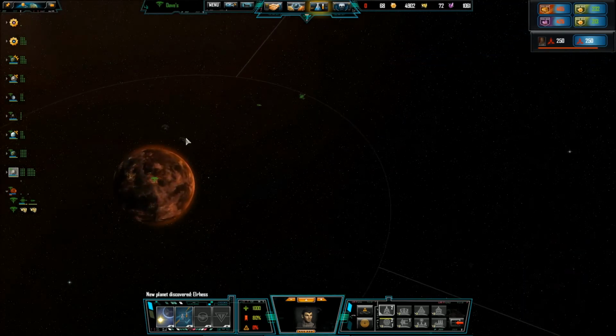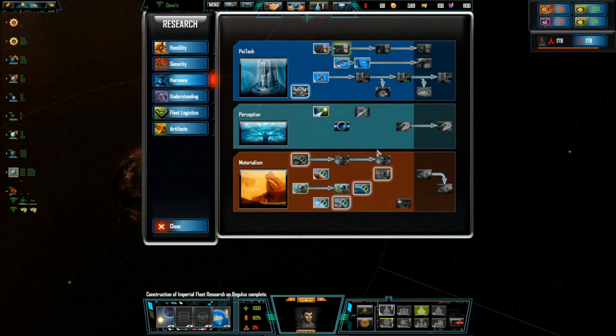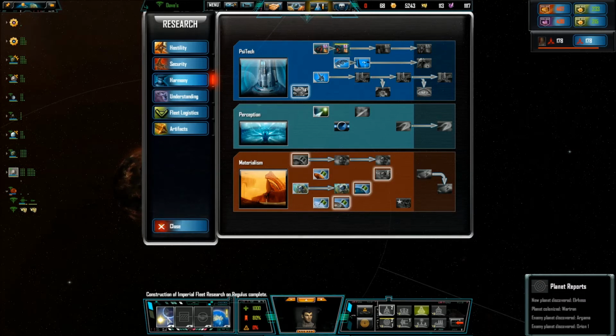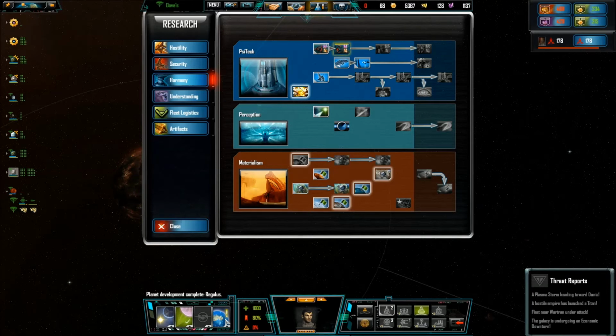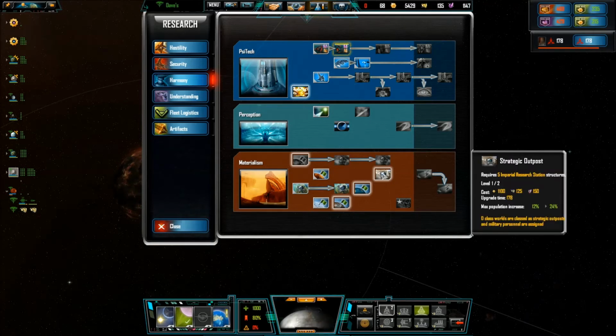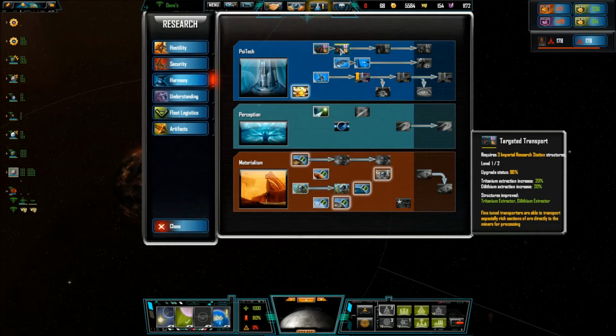I start to look at how the public is, because in this game, if your public gets below 25% of their affiliation to you, they can actually revolt, turn against you, and bring in a fleet of ships. Now, that could be dangerous later on in the game, because if you've got like two massive fleets and you're fighting